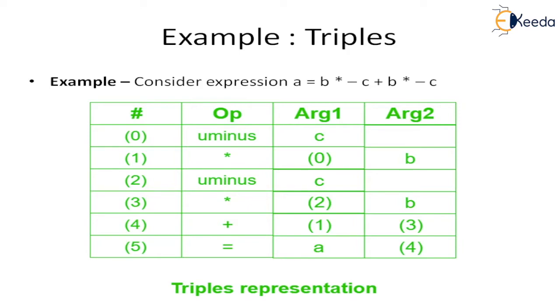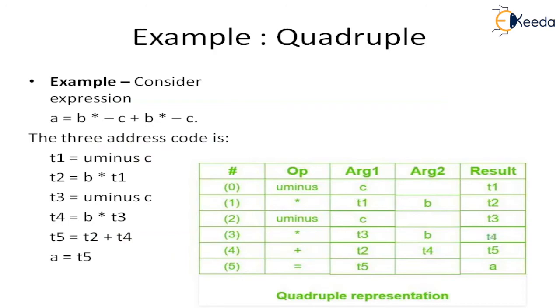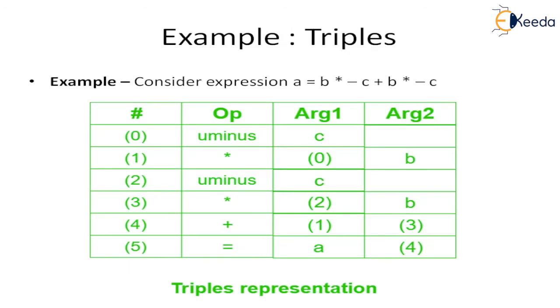So how can we represent that expression? Just consider the previous three address code and the previous example. From that three address code we can represent this. So what is the first? T1 is equal to unary minus C. So that T1 is considered as a hash, that is, the steps 0, 1, 2, 3 are considered as unary minus C. Only the operator and arguments are present. Result is not shown in the triple representation. So the same representation is provided in the following slide. Please consider the table for the example of triples.